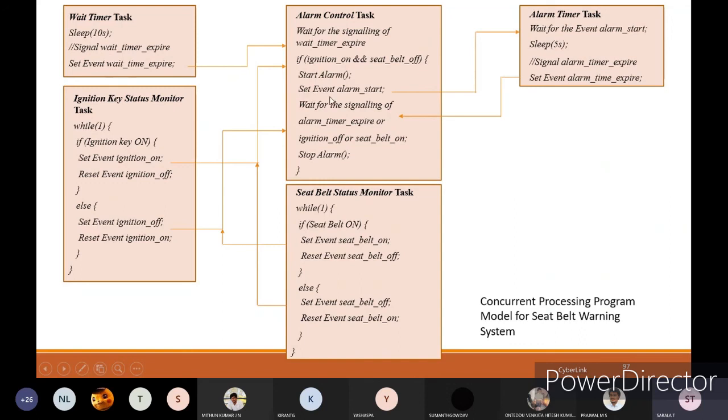Set the event alarm start option and wait for the signaling of alarm timer expiry, or ignition off, or seat belt on. Any one of these you have to verify: if the timer has expired, check whether ignition is off, or seat belt is on or off. Then you have to stop the alarm. That is the alarm control task.